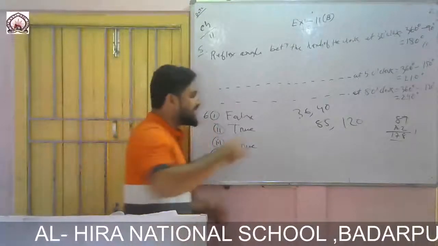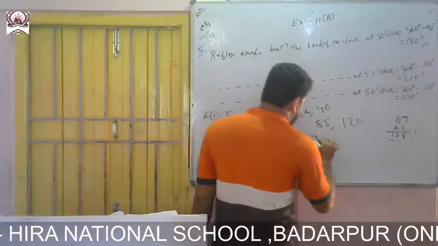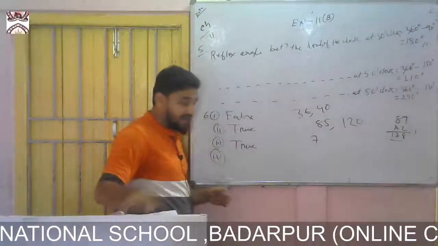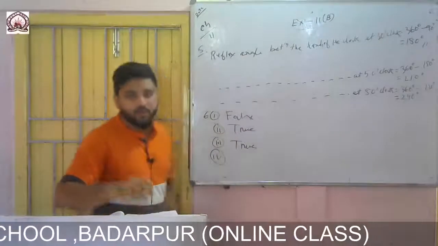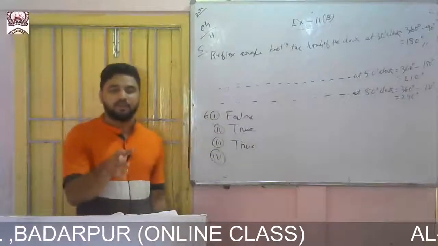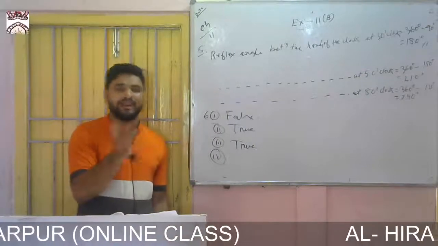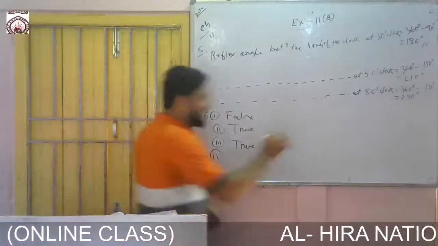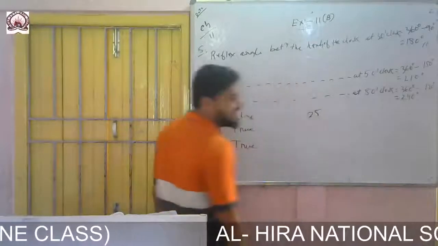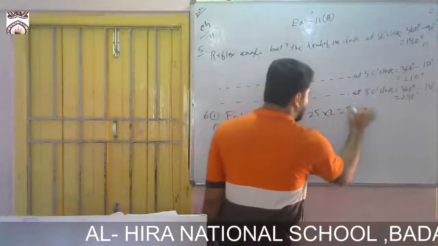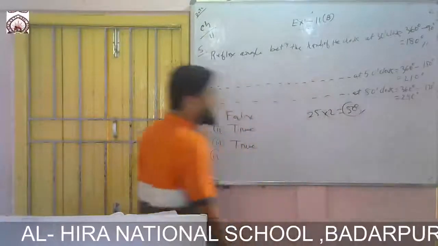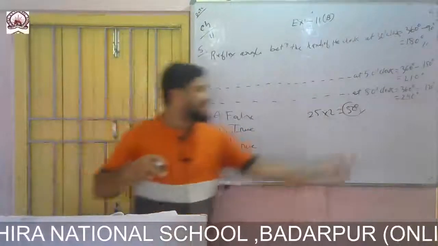Because if I take 7, you see, the question is said like this. It is not that. The question says it must be obtuse. It is not like that. It may be obtuse or it may not be obtuse. Suppose I take 25 degree, it is less than 90 degree, and double of 25 degree is 50 degree. So 50 degree is less than 90 degree. It is again acute.